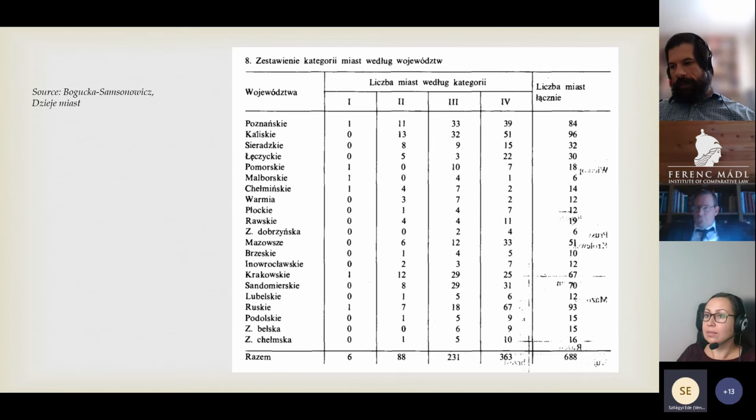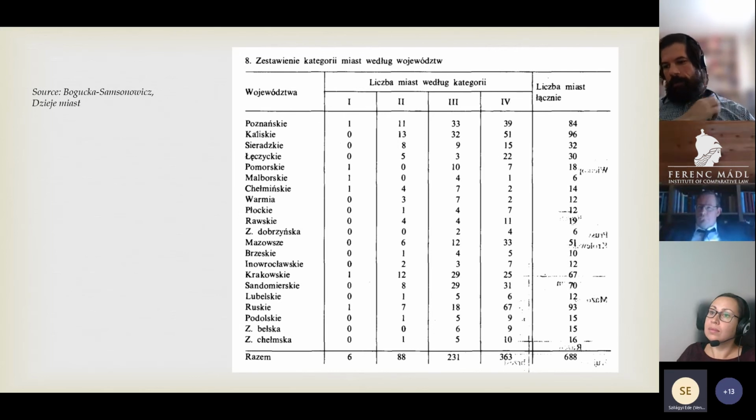For the sake of clarity, it is essential to remind that in the literature we can sometimes come across the classification of towns according to their size and economic potential based on text sources of that time. As a result, there are four categories of urban centers in Poland to be distinguished: the largest, medium, smaller, and the smallest. Historians believe that there were almost 700 towns in Poland around